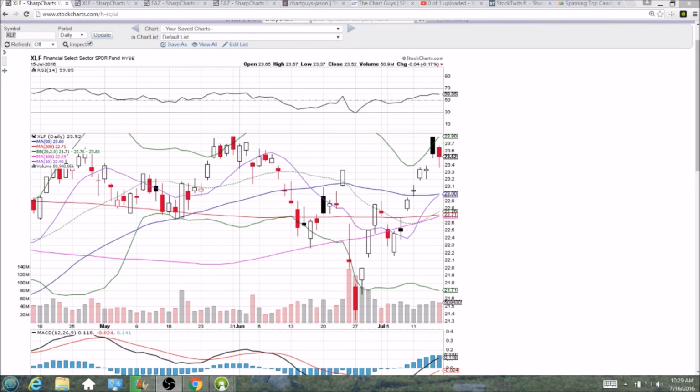Hey everyone, taking a look at the financial sector here, XLF, and we'll look at FAZ, which is a financial 3x ETF bear. So what I'm looking at here on XLF, obviously we had a very strong bounce after Brexit, tons of gaps to the upside, higher low established, breakout to the upside, and some nice follow through. But then on Thursday we hit a double top. The high from May 31st, 23.80, the high 23.80, that's a clear double top,